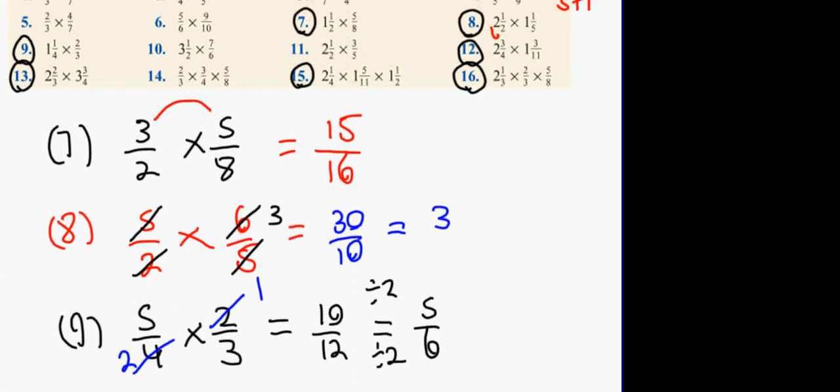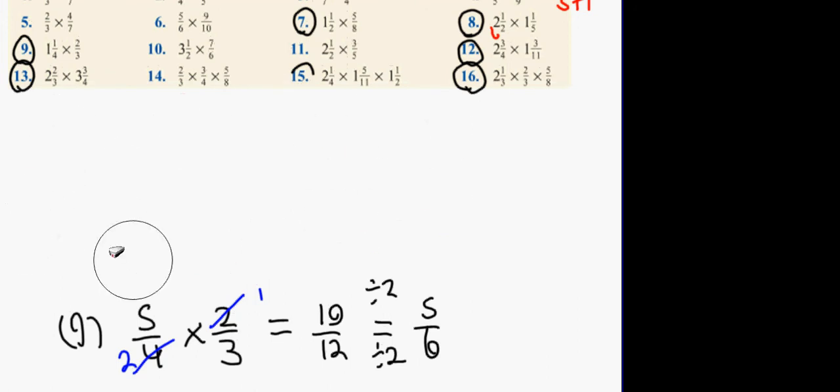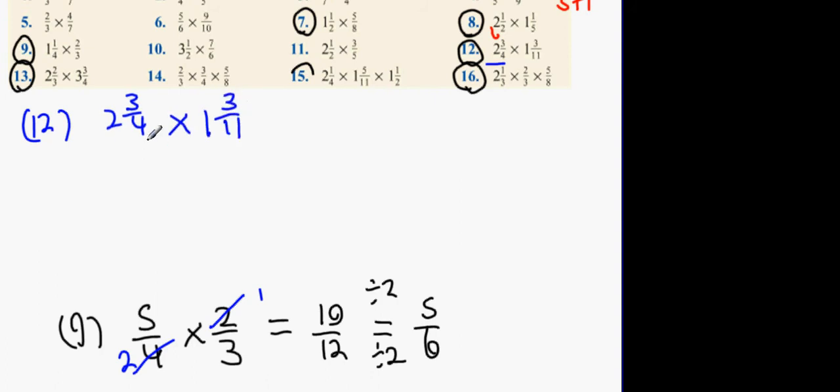Okay, next one is number 12. Stephen, what do you have to say about number 12? Well, you change it into a top heavy. And what you get? 2 3/4 multiplied by 1 3/11. 2 multiplied by 4 is 8. 8 plus 3 is 11/4. Multiply by